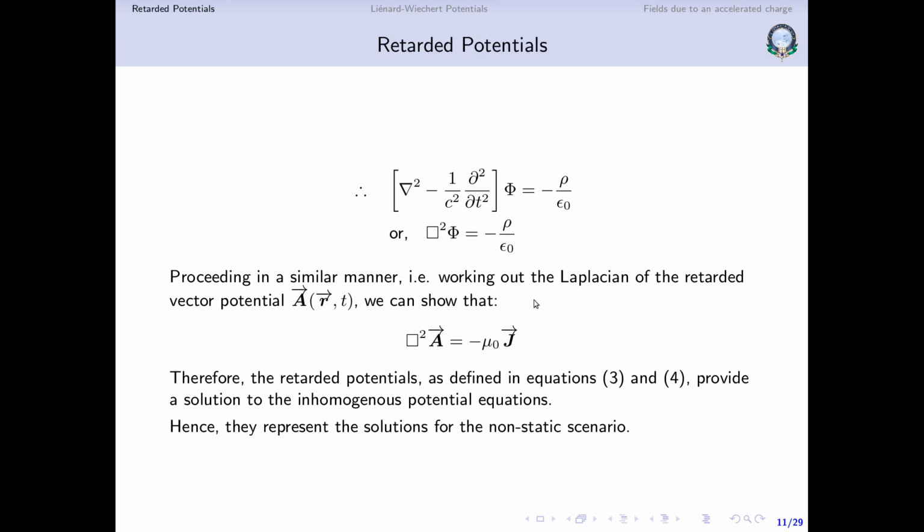So I'm going to stop the lecture here. This idea of retarded potential just tells you what we need to consider when we want to find out the potential at a particular point. Now we have to apply this to the case where I consider a point charge, and that point charge is moving along a certain trajectory, which can be defined by a certain equation. Then a point charge becomes something like an extended charge. In that case we can find out the exact forms of the potentials, and that is known as the Liénard-Wiechert potentials. So we will discuss that in the next lecture.